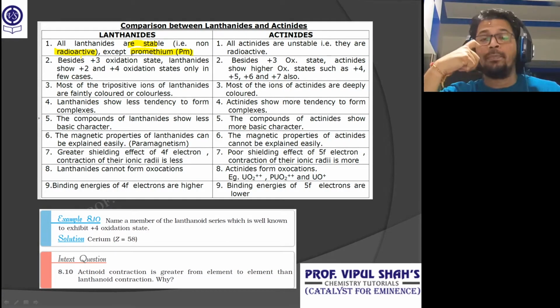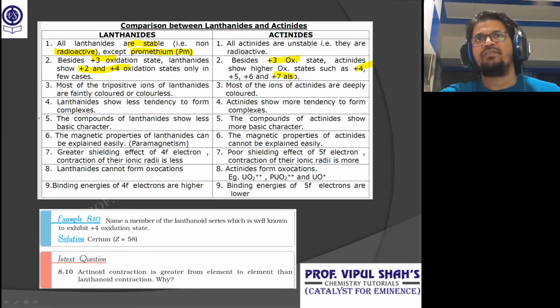So for T block it was technetium, which was the radioactive element. With respect to that was for D block. For the lanthanide series, all are naturally occurring except promethium, that's a radioactive one, whereas actinoids all are radioactive. Now here, people, apart from +3 they show +2 and +4. Here, apart from +3 we can have higher, like +4, and it can go up till +7. Then all are tri-positive, that is +3 state, they are faintly colored, whereas here these compounds